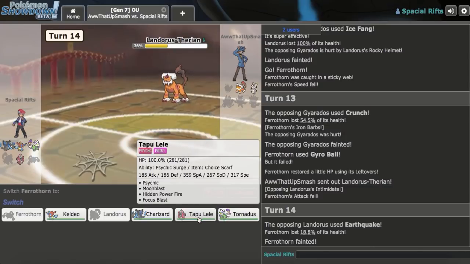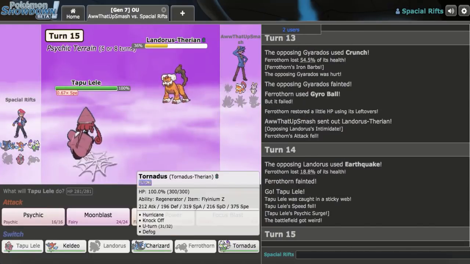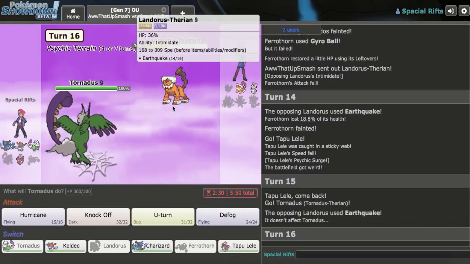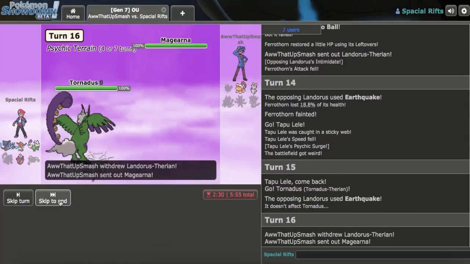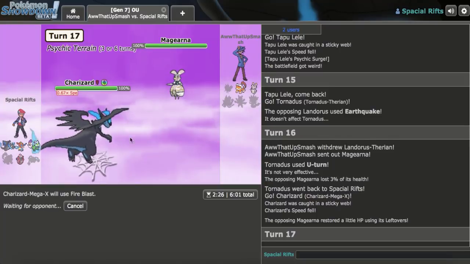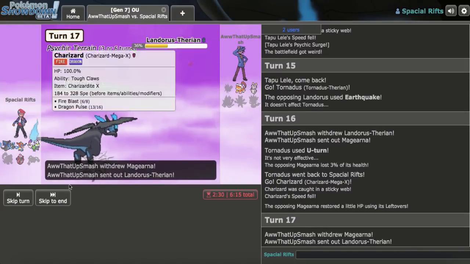So is this Scarf? I don't know if I should have actually done it with this. I probably should have. In fact, I'm going to go Tornadus here, expecting another Earthquake, right? And now what this allows me to do is basically find out whether he's actually Scarf or not and go right here for the U-turn. As he goes Magearna, this allows me to get in Zard. He can outspeed me here, but I can go for the Fire Blast, and he has to hope I miss. Or he goes for Flyinium Z right now, and...